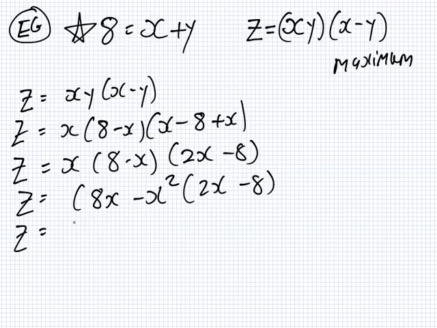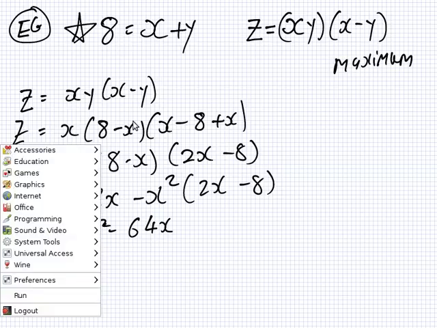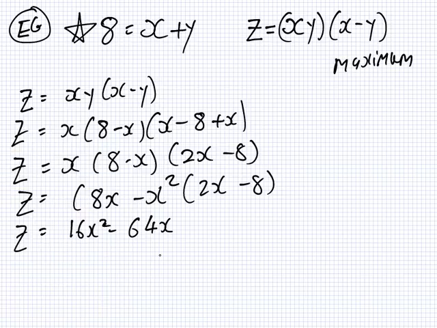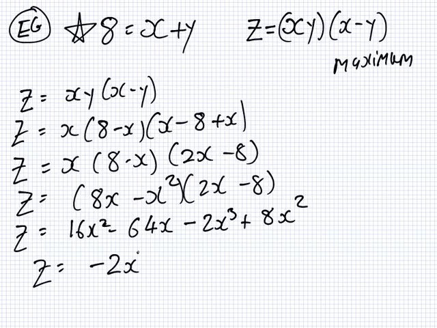So if I multiply by 8x, I get 16x squared minus 64x, then minus 2x cubed plus 8x squared. I just have my calculator ready for when I need to solve it. So that means z equals minus 2x cubed